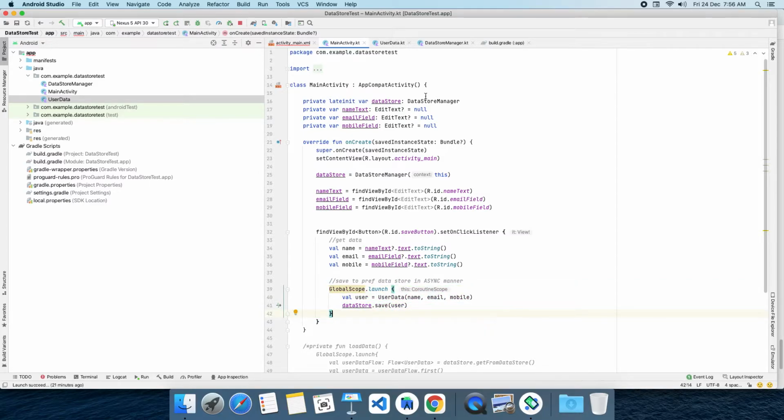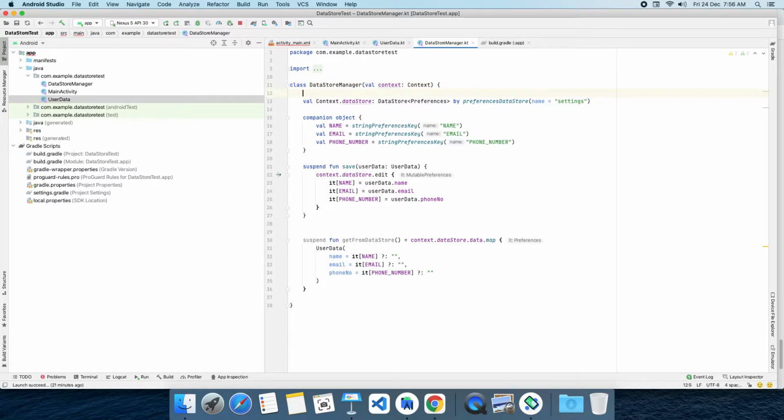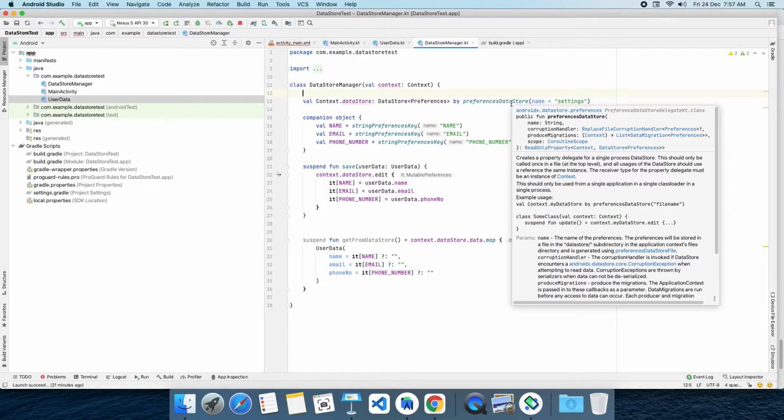I have created a separate class, data store manager. Go to that class. Whenever our activity is initialized, we create an instance of the data store manager. So what is happening inside the data store manager? As we discussed, we are going to save our data inside preference data store. First, how to get the preference data store in our application?